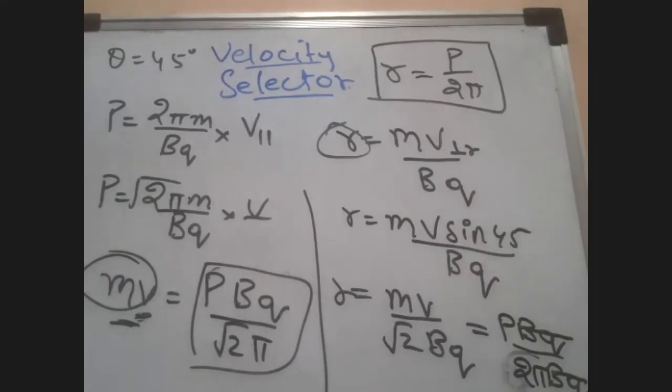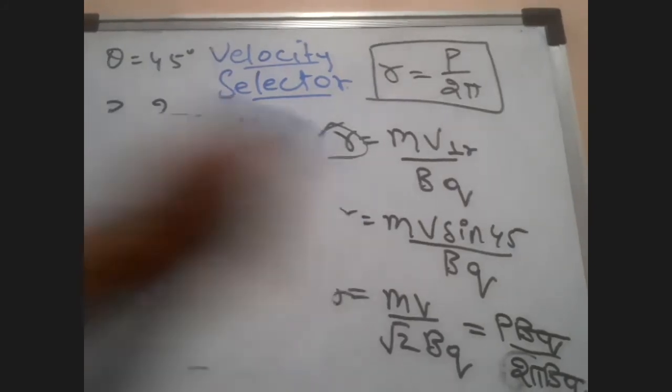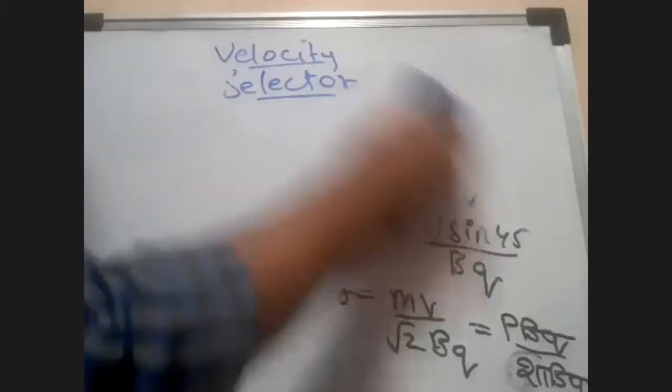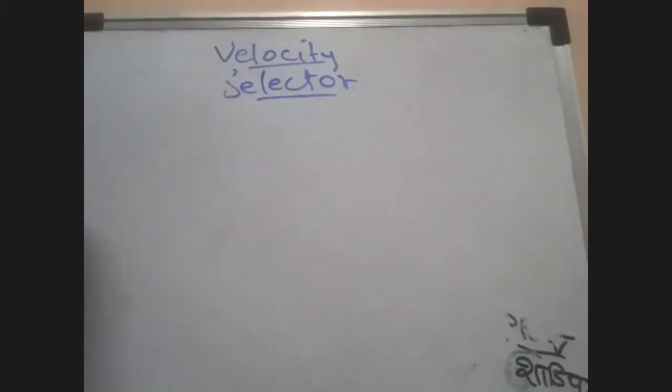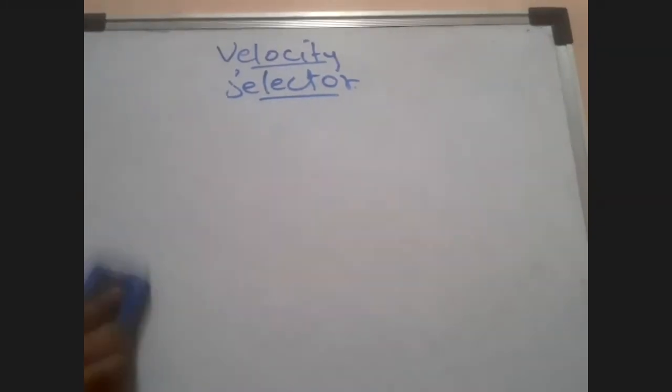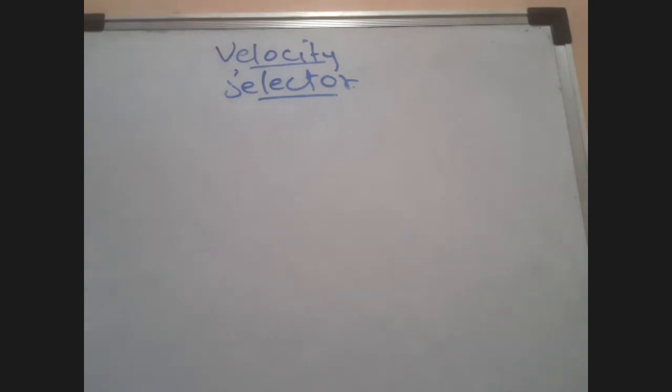Next, students, next. Do we have time? 6 minutes, students. So let's do another easy one. So this P by 2 pi, if you derive it, sometimes some questions can come directly to find out the radius in terms of the pitch. They'll give you P is equal to something. At that point of time, you should be able to find out the radius. But for that, you should know this derivation. And for that, you have to practice.